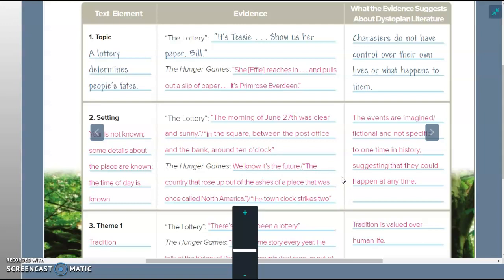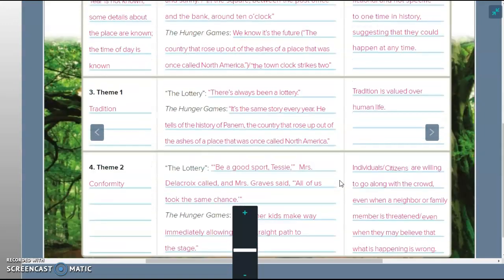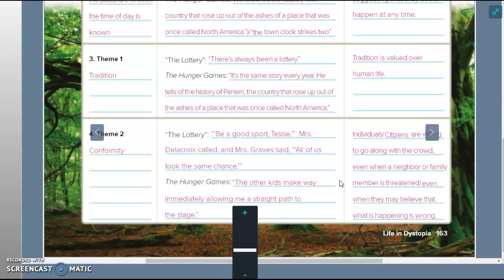All right, so I want you guys, if you need to pause this and get everything written down, that's awesome. I don't care. You can just copy it from the book because these things are going to help us move forward with what we're going to be doing. So pause this if you need to and get this all written down, and we're going to go from there.